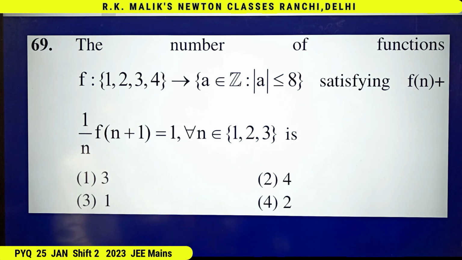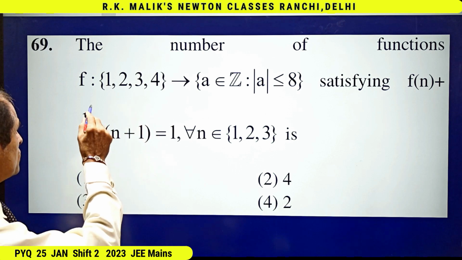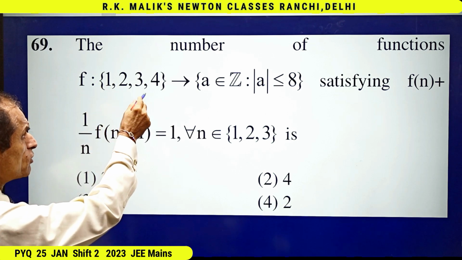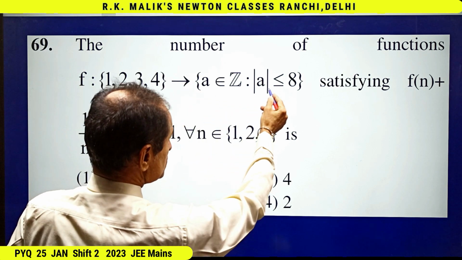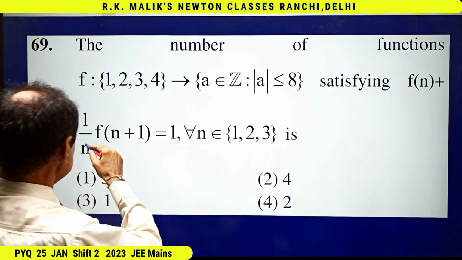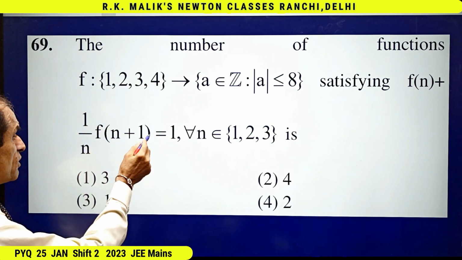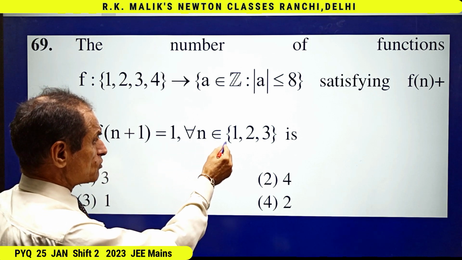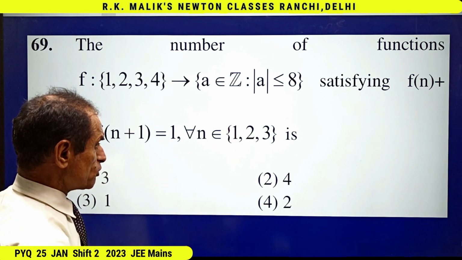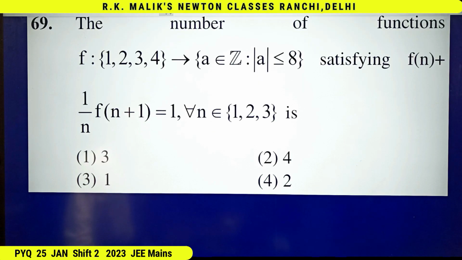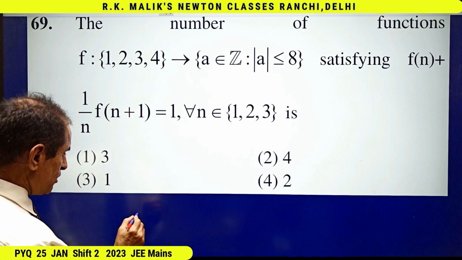In this question, it is given that the number of functions f takes the set containing elements 1, 2, 3, 4 to this set, satisfying the condition that f(n+1)/n + f(n+1) is equal to 1 for all n belonging to the set containing elements 1, 2, 3. You have to find the correct choice. It's clear that this can be written as